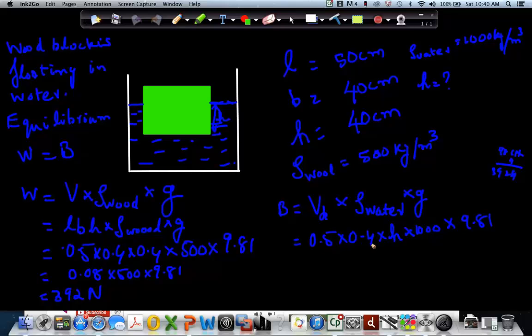0.5 into 0.4 is 0.2. 0.2 into 1000 is 200. 200 into 9.81 is, I think, 1962, right? So okay, I think it will be 392 is equal to